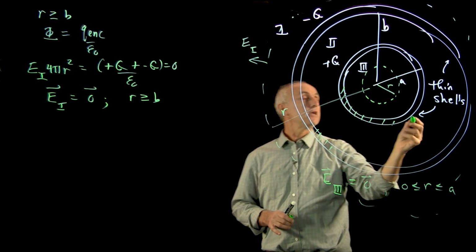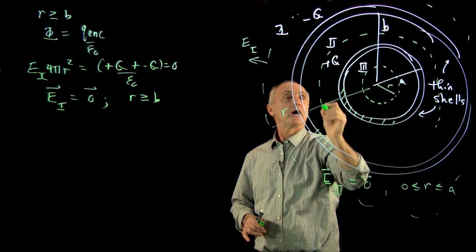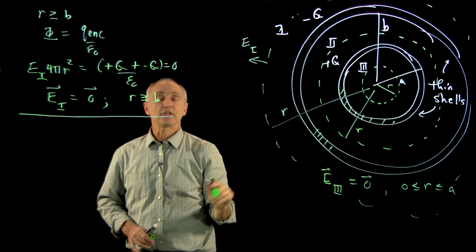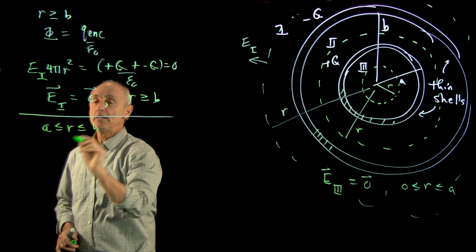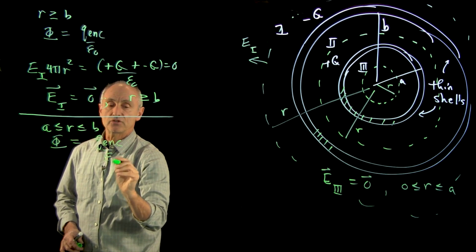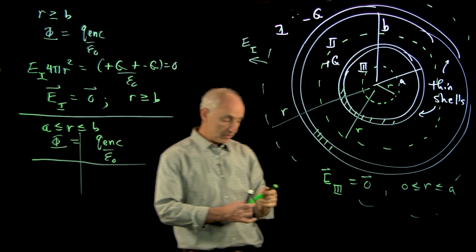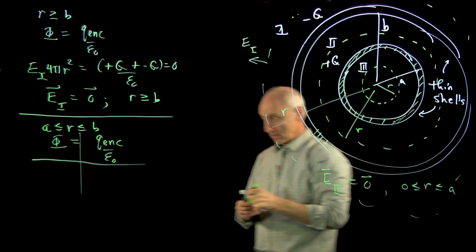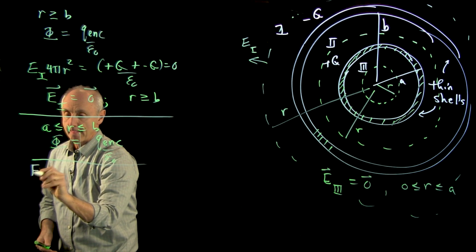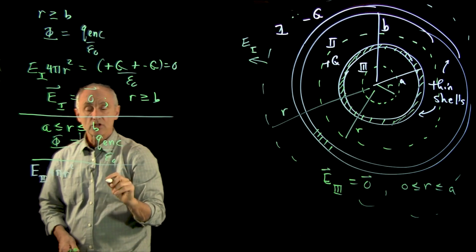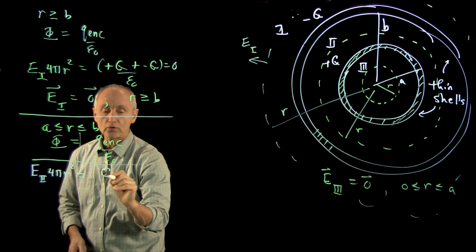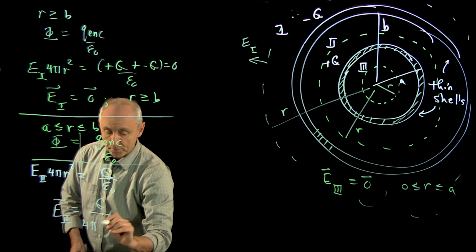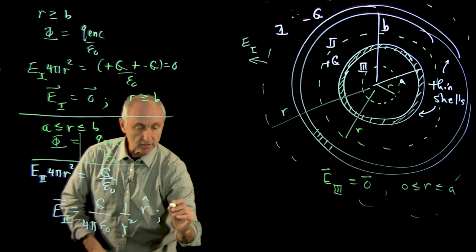So now region 2 is the one that's of interest, and I pick another Gaussian surface. This time I'm picking all of my Gaussian surfaces on the same diagram. It's sometimes nicer to see them separately. Now we're in the region r less than b, and we apply Gauss's law to this region. What we see is that the charge enclosed, all of the inner shell, is enclosed in the Gaussian surface. And so we get E2 times the area of the Gaussian sphere is equal to the total charge plus q divided by epsilon naught. And so our conclusion is q over 4 pi epsilon naught, 1 over r squared, r hat, for the field